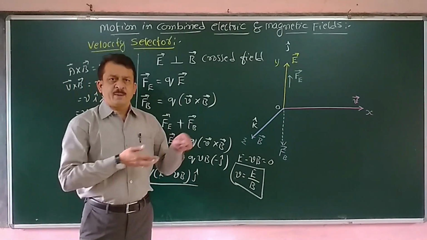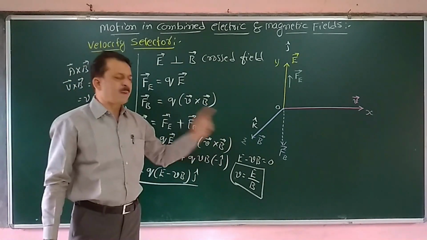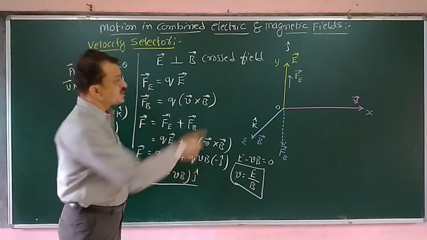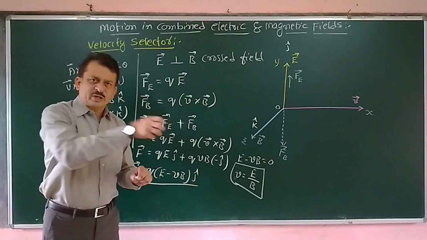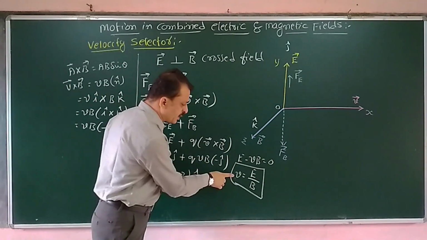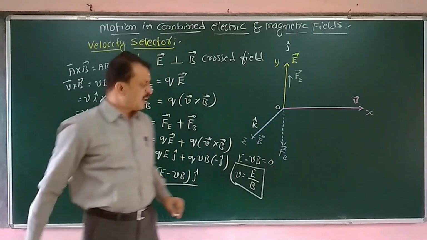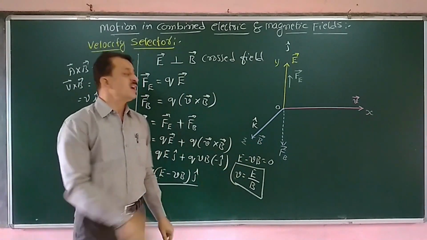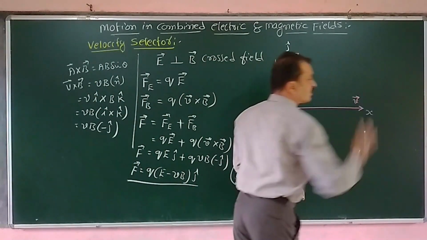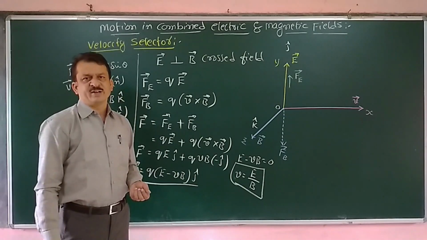If you take a beam of charged particles moving in this region containing both electric field and magnetic field, and the particles are having different velocities, in that case we are using this velocity selector concept to take out a particular velocity of charged particles. Only the particle with the ratio E/B as its velocity passes without deflecting, and the remaining particles deviate because of a net force and come out deviated. Its velocity is given by this relation and hence it is called the velocity selector.